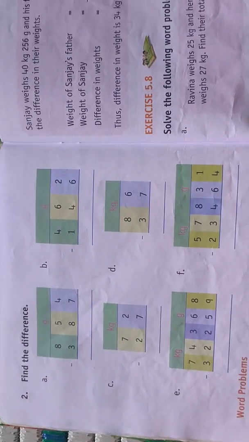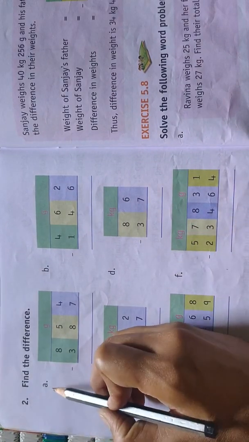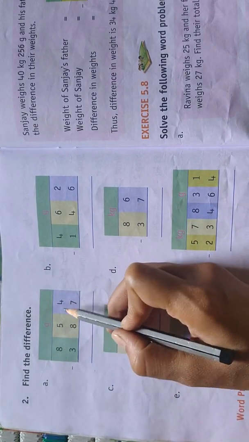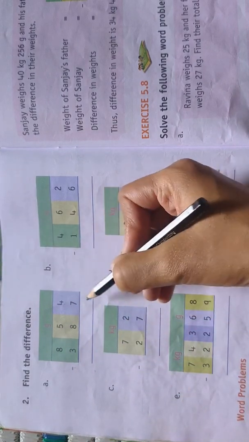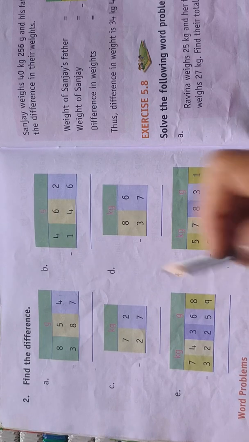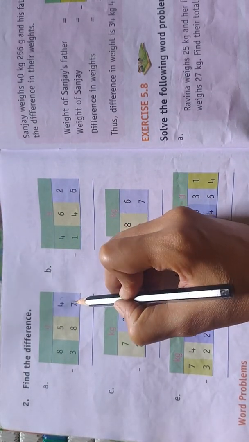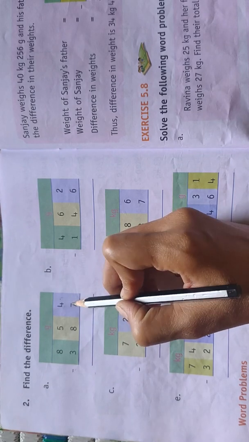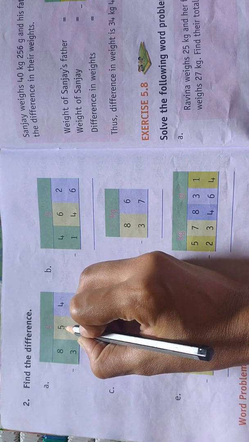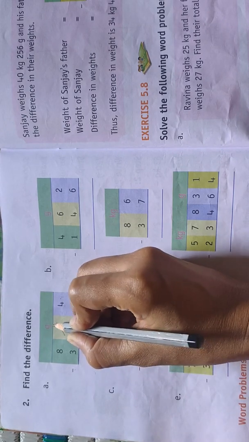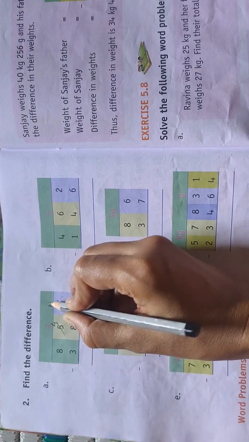Next, find the difference. You have to find the difference of the given subtractions. Now first is given: 854 minus 387 grams. Starting from the ones column of the digits. So 4 minus 7. Now 4 is smaller than 7, so we can't subtract it. So we have to take a borrow from the next digit. Now next is 5. So how many remain if we take 1 from here? 4. And here 10 plus 4 becomes 14.